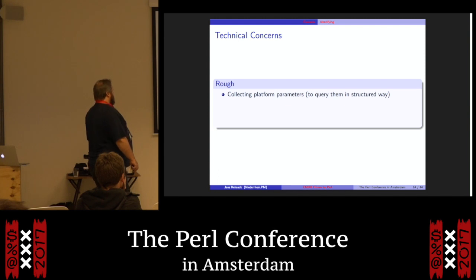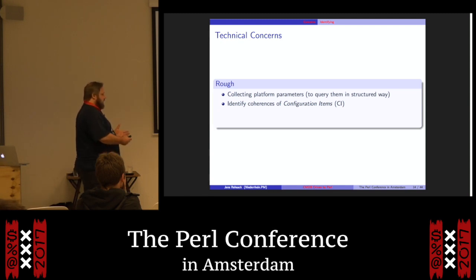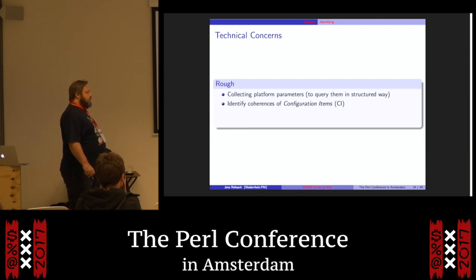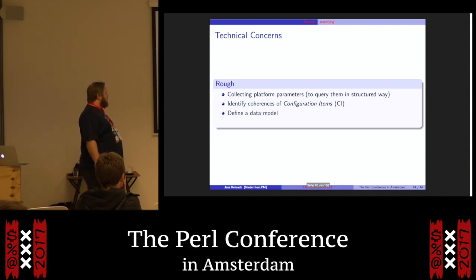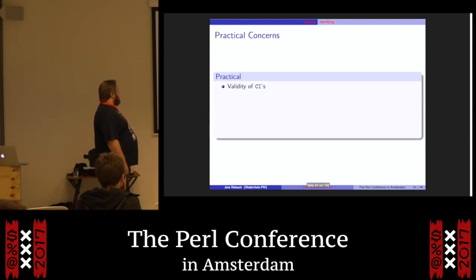Okay, what do we need technically to reach that? We need to know all the platform parameters, structured. We need to know the occurrences between those platform parameters and groups of platform parameters, which are finally configuration items. When we know that, we need to define a data model and the technical requirements. That sounds not that complicated, but